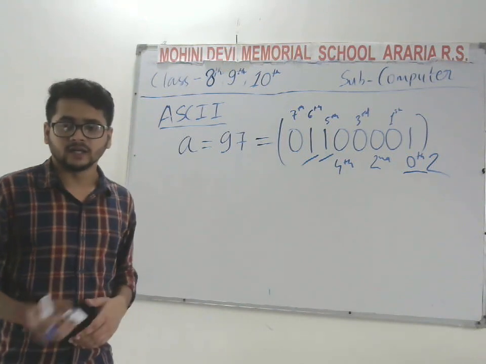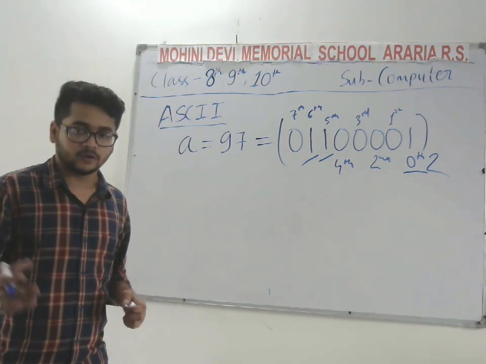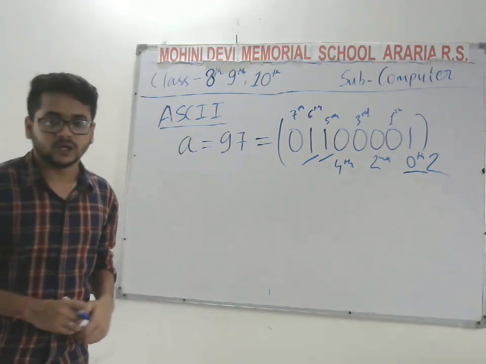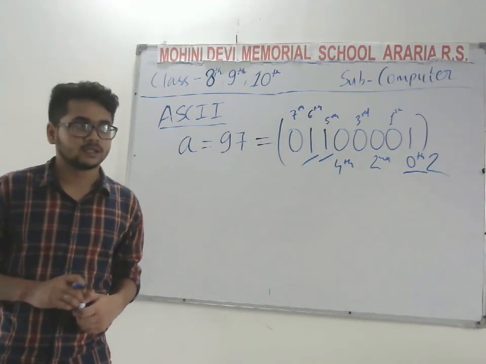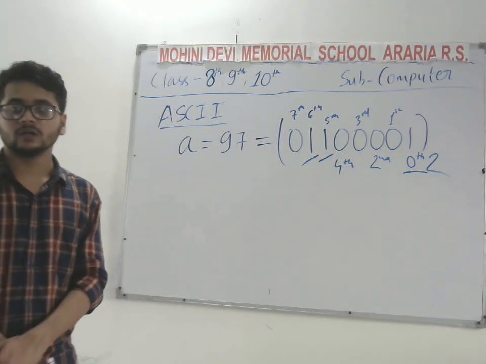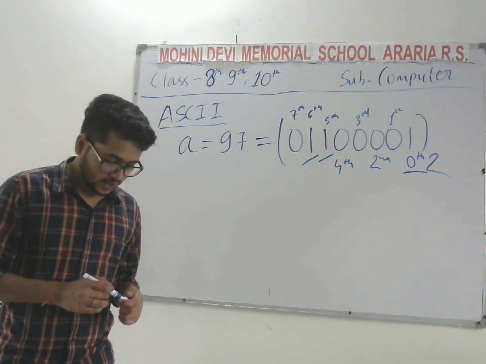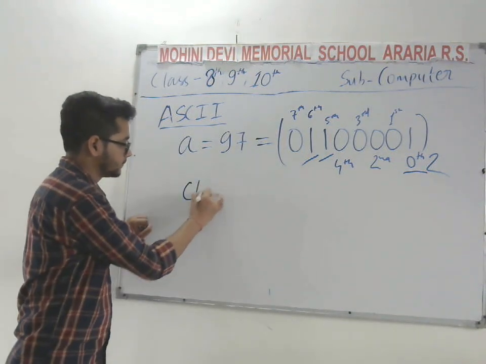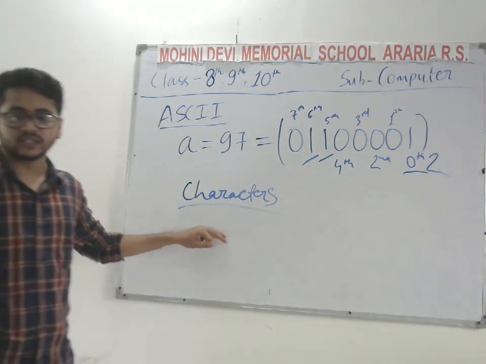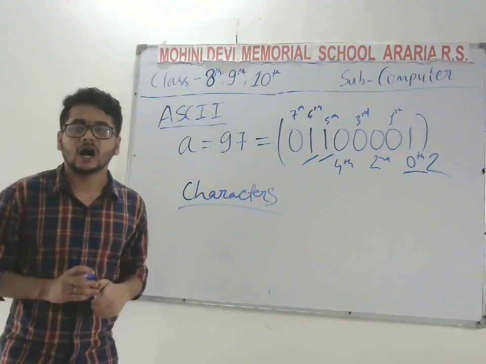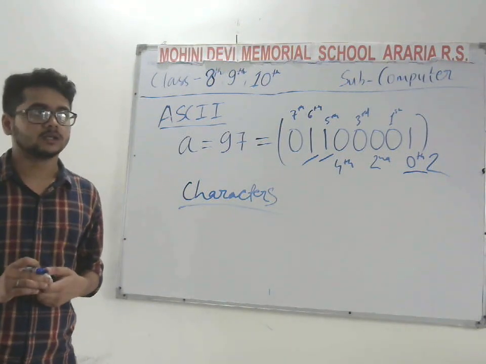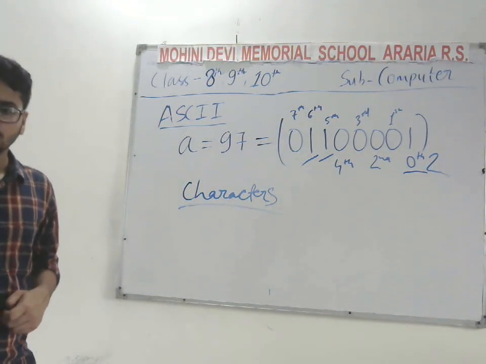And also we have different languages, and accordingly we have different set of instructions or set of representations. But ASCII is one of the most common representation that we use. So I thought you should know it. And now let's talk about different data representation that we have. Since we have understood how we represent characters, we will understand how we represent different type of data. That is text, images, sound, video, and all. So let me just erase it.